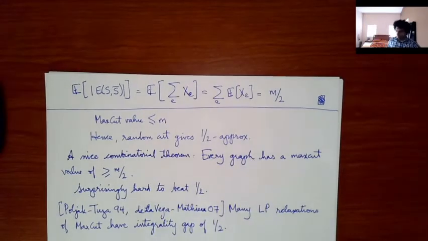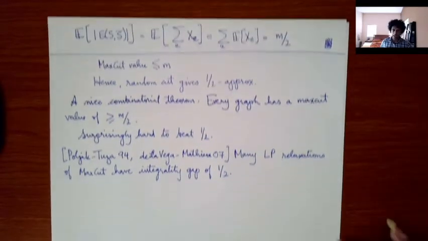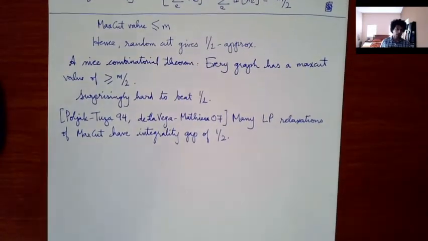So most LP relaxations actually have an integrality gap of half, and it is not clear how one can beat the